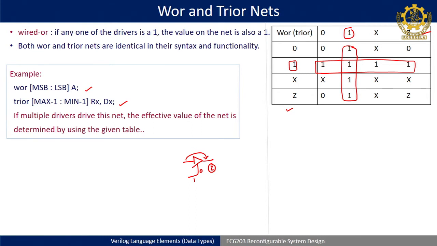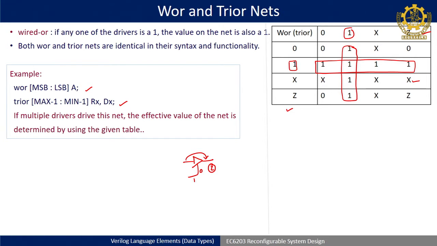So, here we have written that the effective value can be found out by the given table. Okay. So, it is something like if 0 and 0 is there, it will be 0. If x is there and 1 is there, as it is 1, one of the inputs, output will become 1. If x is there, output will become x. Understood? So, if z is there, one of the inputs is x, then it is x. So, if you see it once, you will be acquainted with the table.